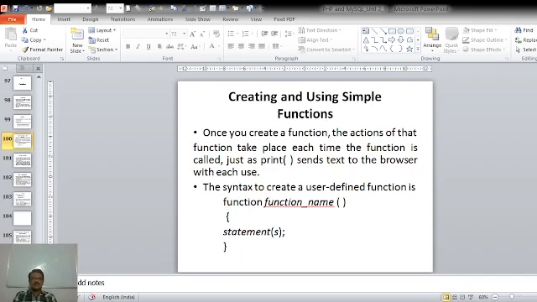The syntax to create a user defined function is: it should start with the keyword function, followed by a function name of the user's choice, followed by a parenthesis, then the opening curly bracket and the closing curly bracket, and in between these two curly brackets is the block of code that will be executed whenever the function is called.